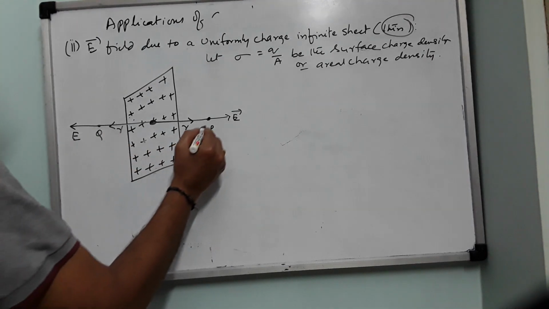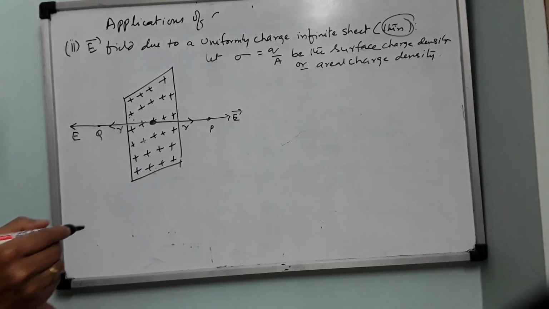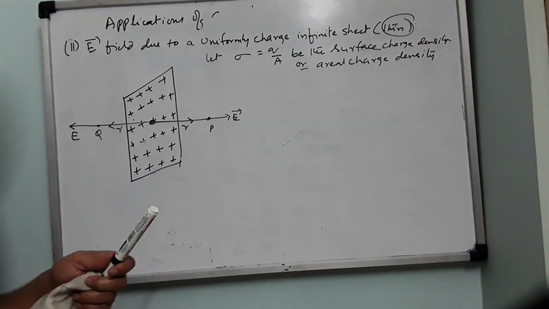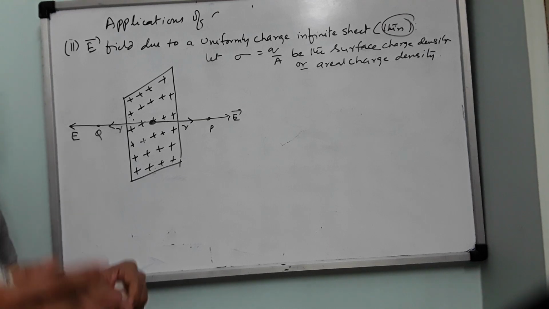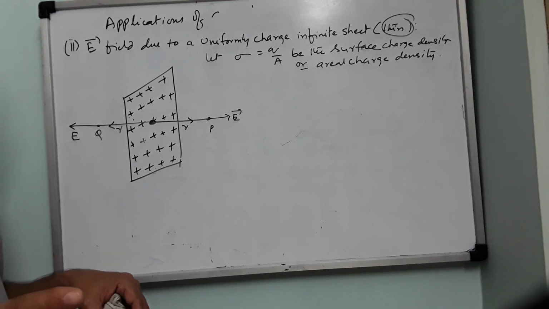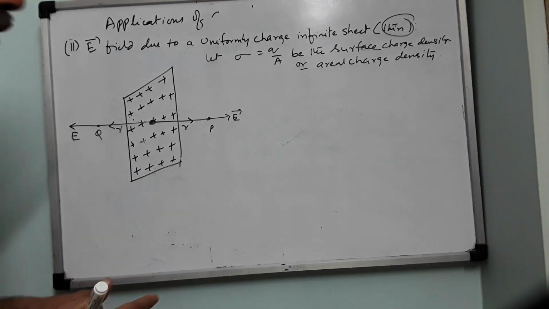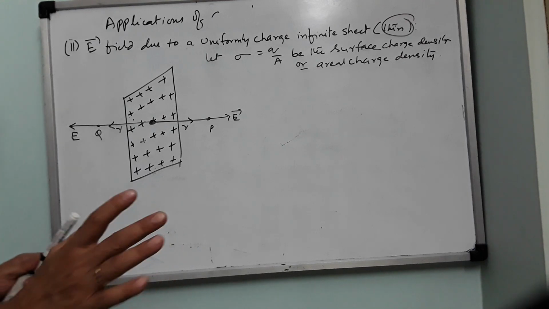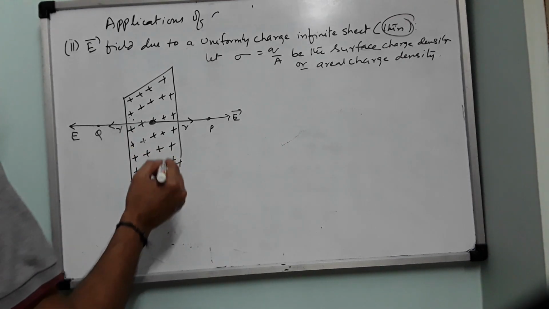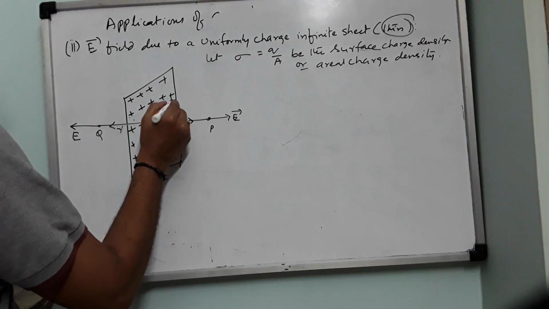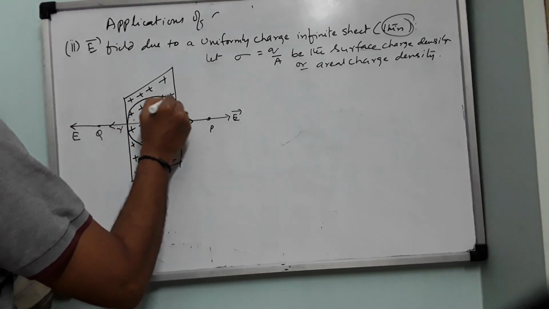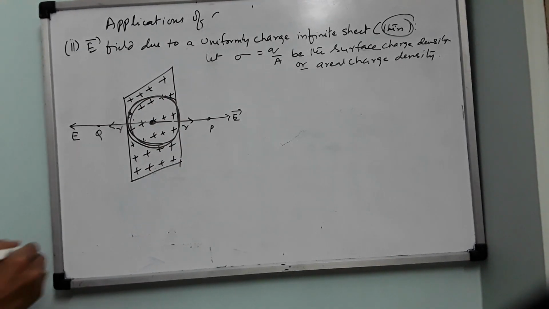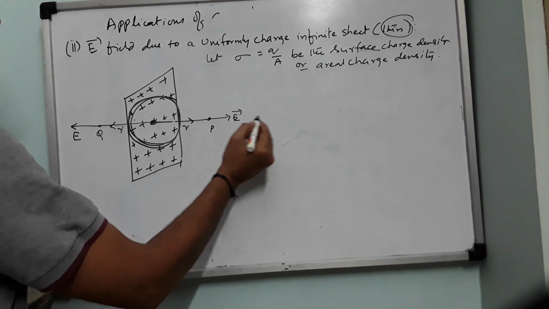Now to calculate the electric field at point P due to this one, I require a Gaussian surface. I require to construct a Gaussian surface. A Gaussian surface can be of any shape. It can be cylindrical, it can be a parallelepiped, it can be a sphere or any such thing. It is our convenience and easiness which type of Gaussian surface we are going to select. Now I am going to construct a cylindrical surface. For this, making this as a center, I will imagine a circular charge density. This is circular charge. So this is going to produce electric field E here radially outwards.